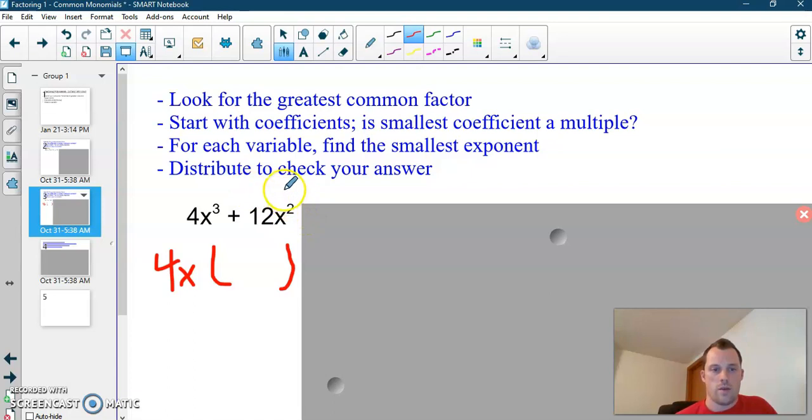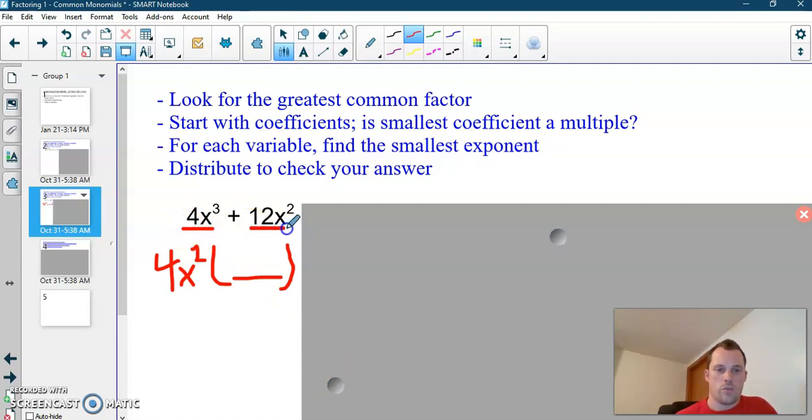X squared is the same as x times x, so they both have two x's that they're multiplying in their terms, and 2 is the smallest exponent, so we're taking out an x squared, and now we've got to figure out what's left on the inside. And some people like to